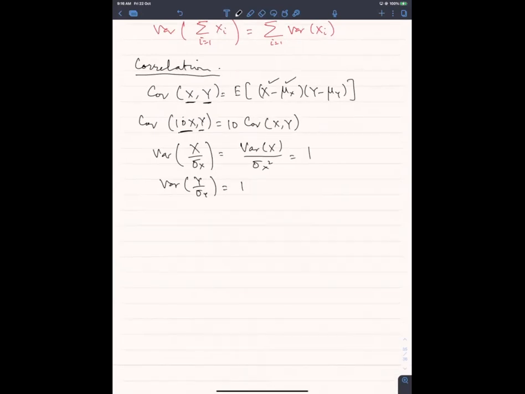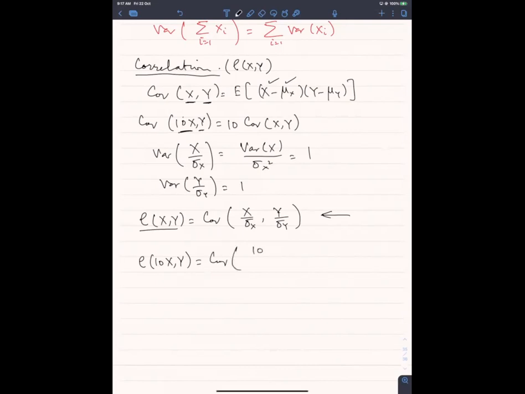So I define the correlation rho xy, correlation coefficient भी बाज़ दफा कहते हैं, rho xy is nothing but covariance of scaled x, x divided by sigma x, and y divided by sigma y. अच्छा, इसका फायदा क्या है? एक चीज हमने कोवेरियंस पहले डिफाइन कर दी है, तो दोबारा एक और कोरिलेशन जो है उसको नॉर्मलाइज करके क्यों डिफाइन कर रहे हैं? इसलिए डिफाइन कर रहे हैं क्योंकि if I try to find the correlation between 10x and y, okay, you will see that this is the covariance between 10x